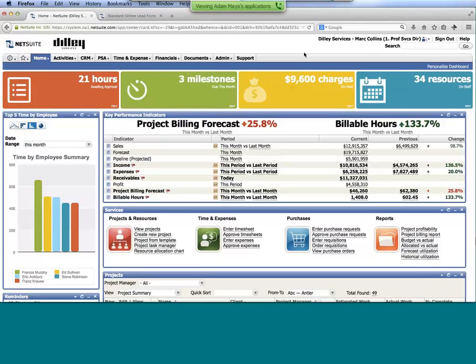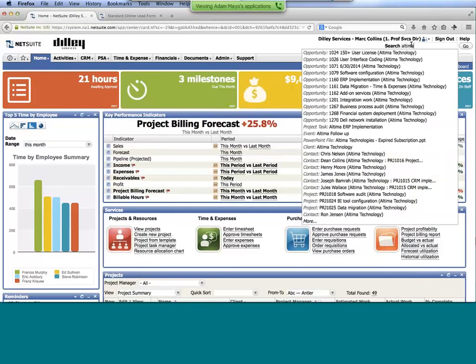From a general navigation standpoint, just a couple of things that we always like to point out. Up in the top right, you'll find your global search, and this is something that people are using on a daily basis to find records or information in the system. So simply, if I were looking for Ultima, who's a client within our data set here, I'm finding opportunities and events and contacts that are tied to Ultima within here.